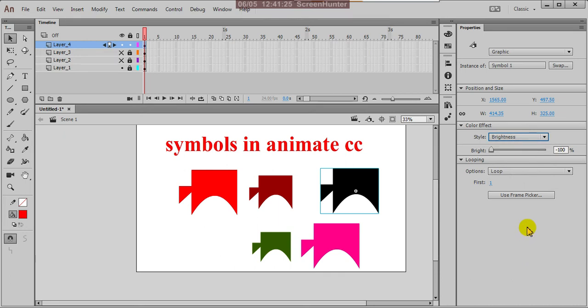So these are the symbols. Suppose here in properties the three different symbols are appearing. You can convert this into a movie clip and button also. I'll explain about all these things. So this is about graphic symbols.